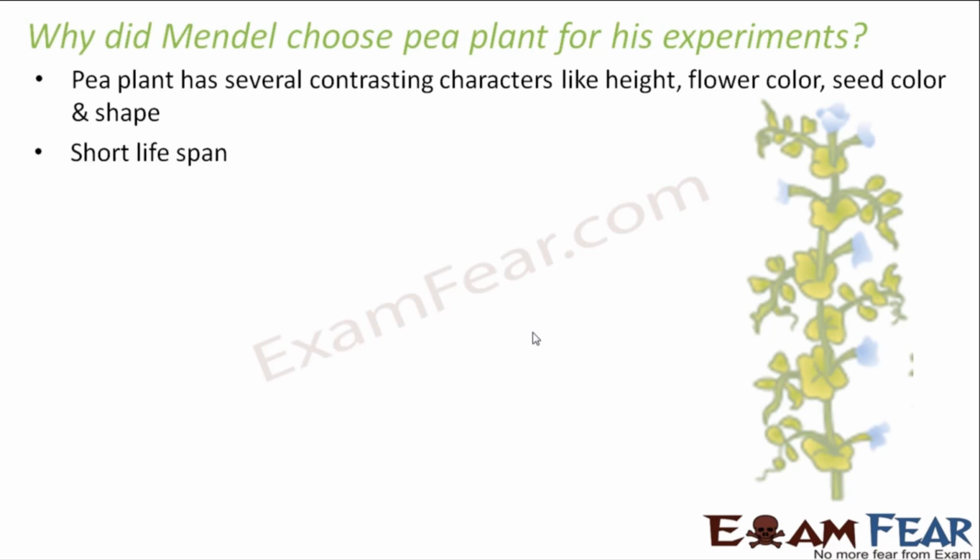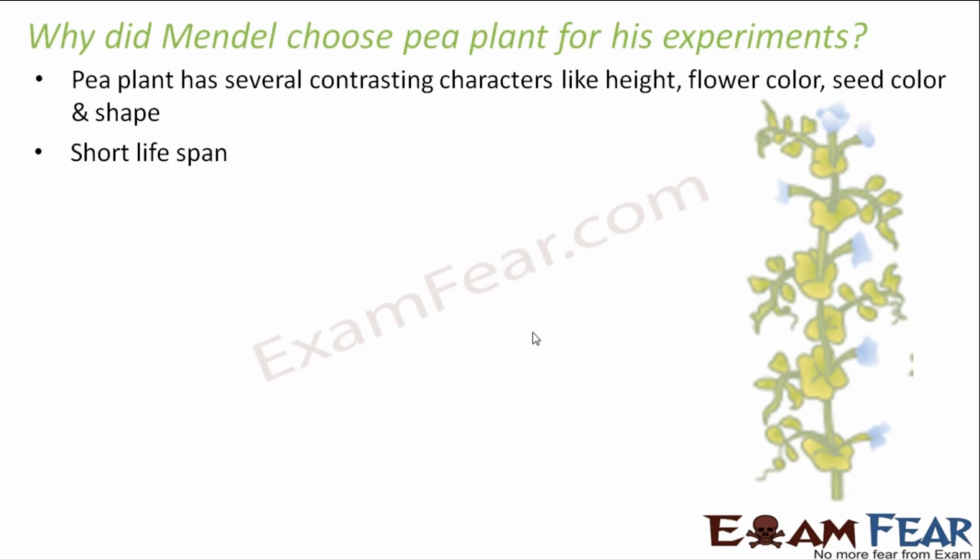It has a short lifespan. That was very advantageous, because if the lifespan is short, Mendel can perform a lot of experiments, right? What he was trying to do was cross-pollinate plants, producing a new generation. If the plant has a short lifespan, the new generation produced will grow fast. As soon as they grow, he can again cross-pollinate or self-pollinate them, and the next generation will come up. Since they have a short lifespan, the plants live their entire lifespan, so he can perform a longer chain of experiments.